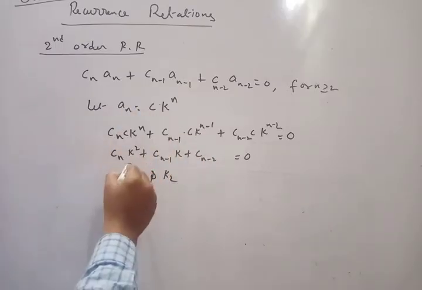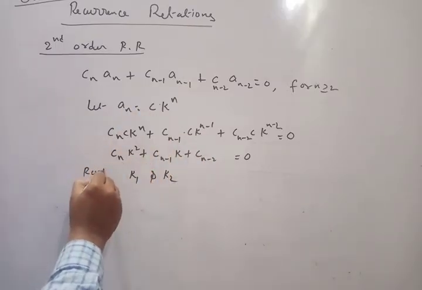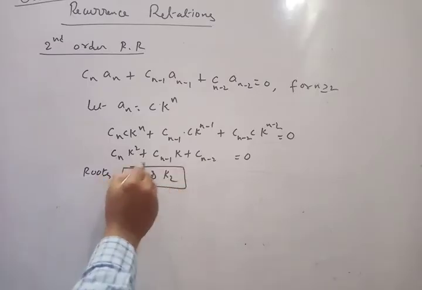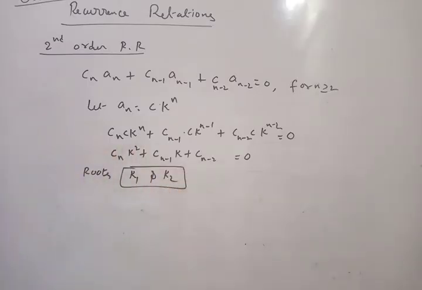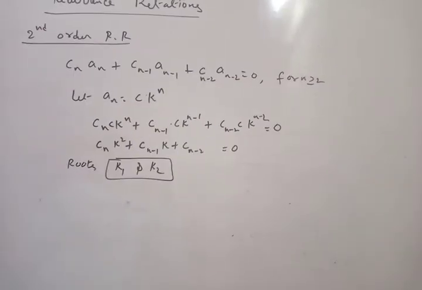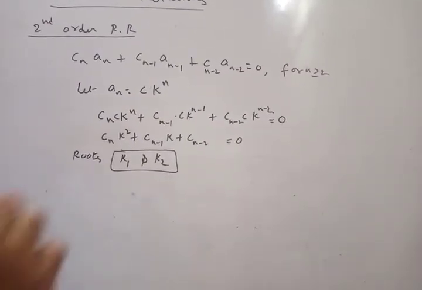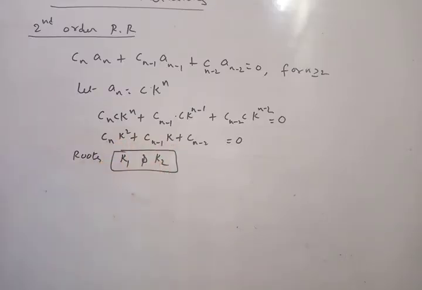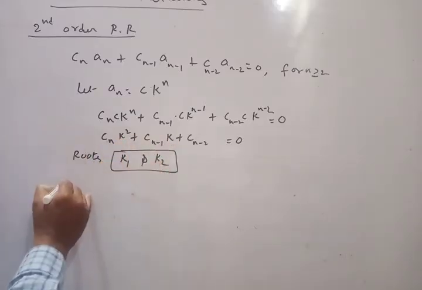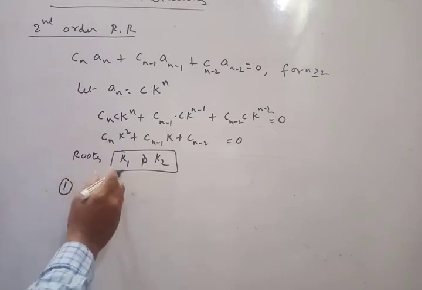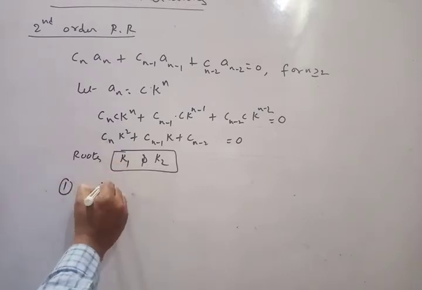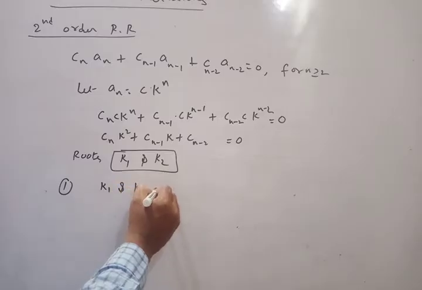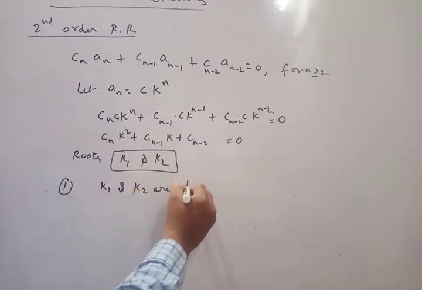Now based on this k1 and k2 we have its auxiliary equation. Like in M1, we also find 2 roots for a differential equation. So like that, here also based on the k value we get 2 roots. So first one, if I get k1 and k2 as 2 different roots, that is, k1 and k2 are real and distinct,